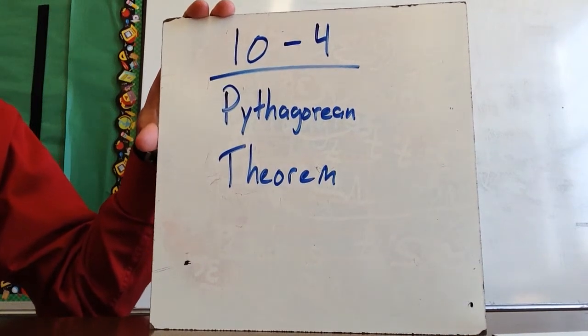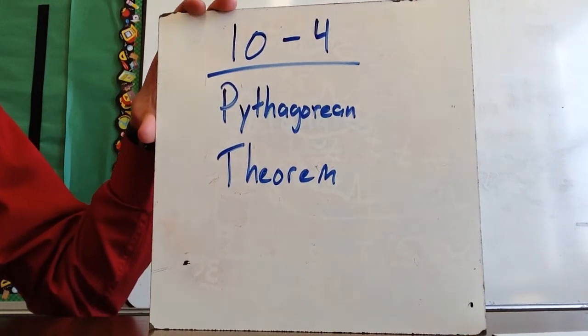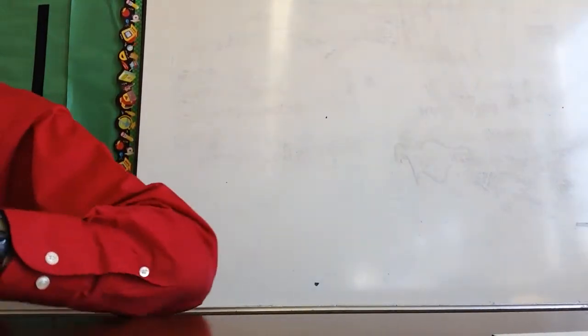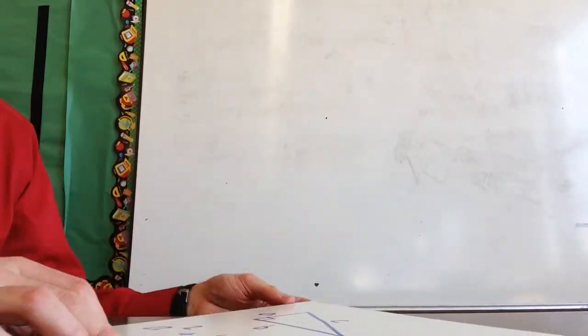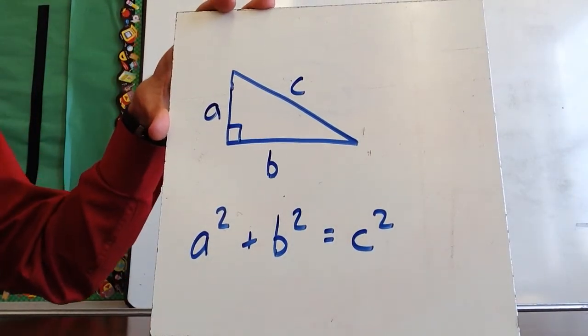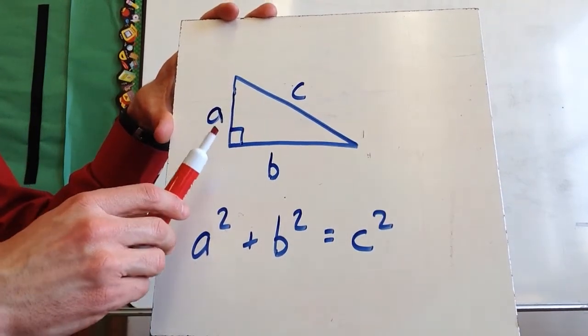This video will discuss chapter 10.4, Pythagorean Theorem. Keep in mind this theorem is named after the person who developed it, Pythagoras. And so Pythagoras' theory, or theorem, now named the Pythagorean Theorem, is this idea that in right triangles, and